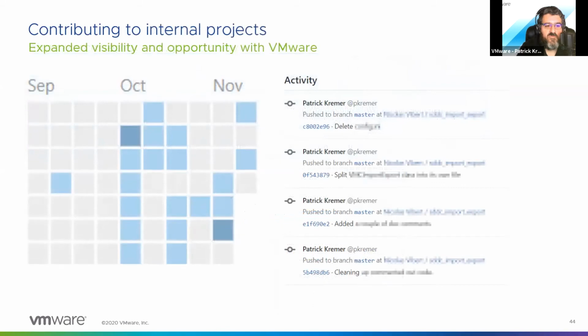So starting down this VEBA road has really changed things that I can do both personally and professionally. This is contributions to an internal code repo. So not public yet, internal to VMware, but it's a fling. I'm working on a fling that will be released relatively soon, we hope. So hopefully you'll get to see the stuff that I've been working on. My first contribution was in December, and this one was in Python, not PowerCLI.